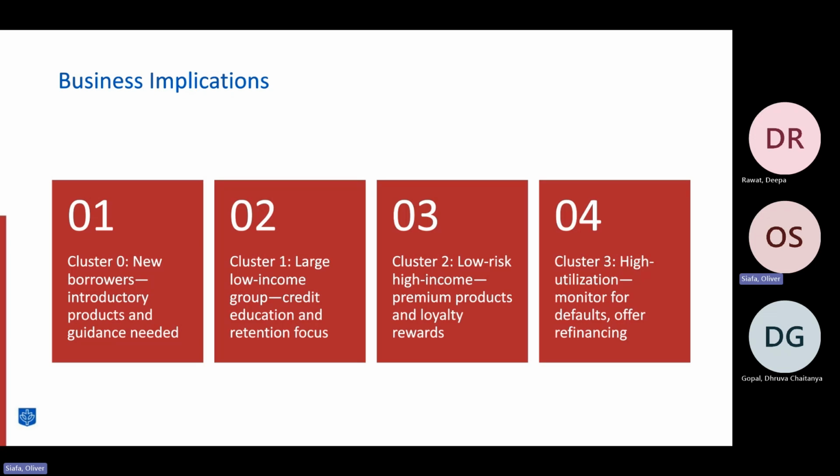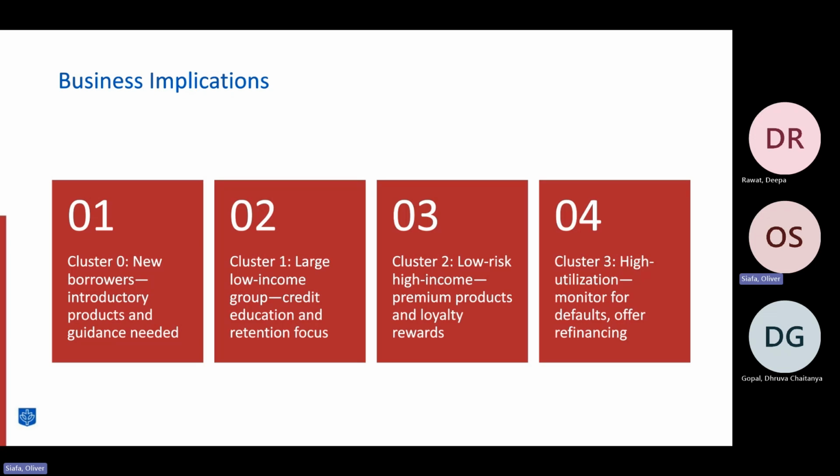For cluster 1, a large, low income group, they will greatly benefit from credit education and focused retention efforts. For cluster 2, our low risk, high income individuals, premium products and loyalty rewards will be highly effective. And with cluster 3, who have higher utilization, we need to closely monitor potential defaults and actively offer